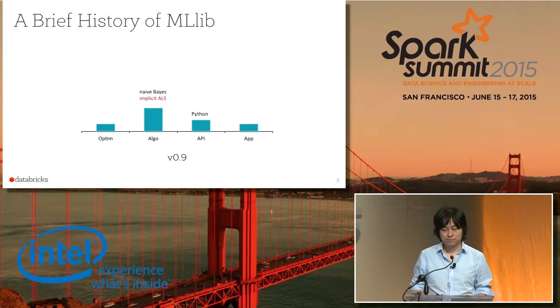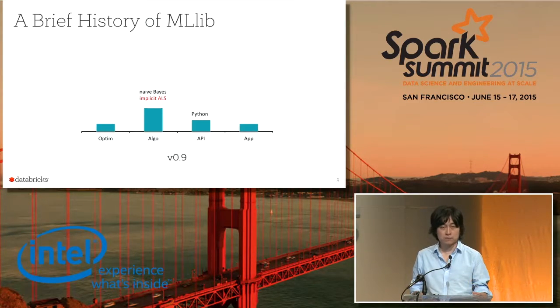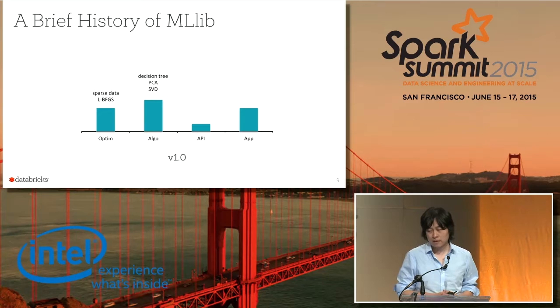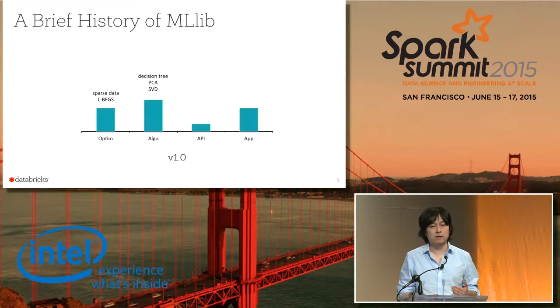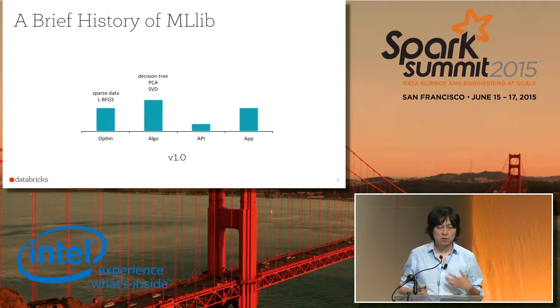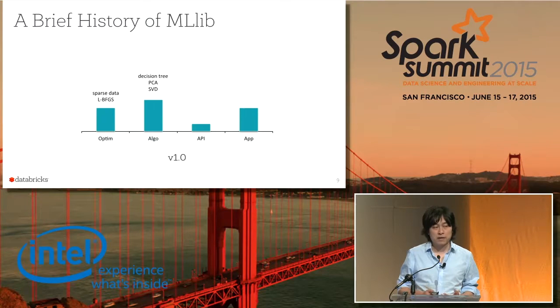Basically, if you don't know explicitly whether this user is giving a 5-star rating on this product or not, and it's just based on some implicit activity, then you should use this implicit preference for a recommendation. We also added Python API in this release. Then in 1.0, we added a bunch of distributed linear algebra methods like PCA and SVD, which people can use to do feature projection and all kinds of feature engineering. We also added LBFGS to scale up the linear algorithms.